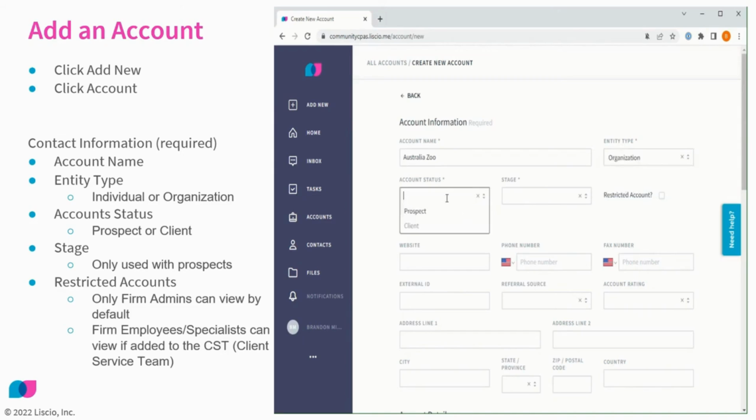You can select the account status, letting you know if this is a prospect who is not fully your client yet, or if they are a client. So let's choose prospect here. And when you choose prospect, you'll be able to choose this account stage here as well, so you can track how much progress you've made towards turning them into a full-time client. I'll go ahead and switch to client, and you'll see you no longer have access to the stages